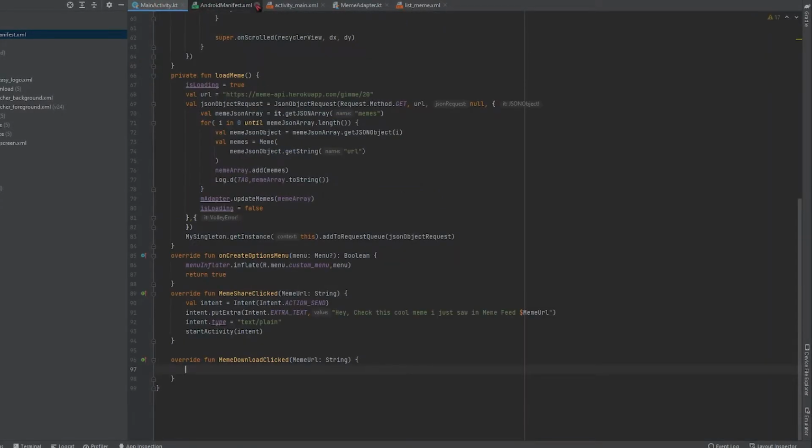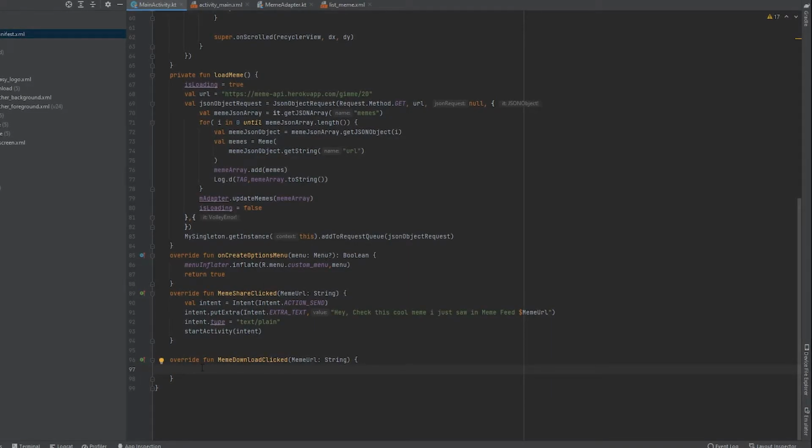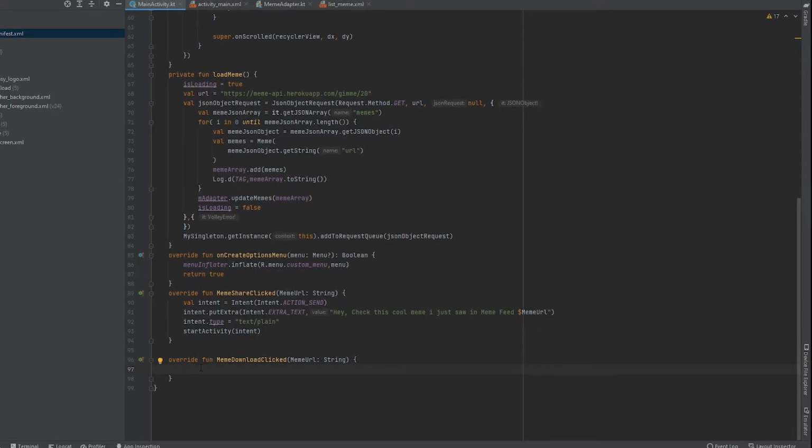After doing this, we will go here, and we need to check whether the device version allows us to write in the storage. If it is allowing us, then we will just start downloading our image, else we will first ask the permission and then go for download.